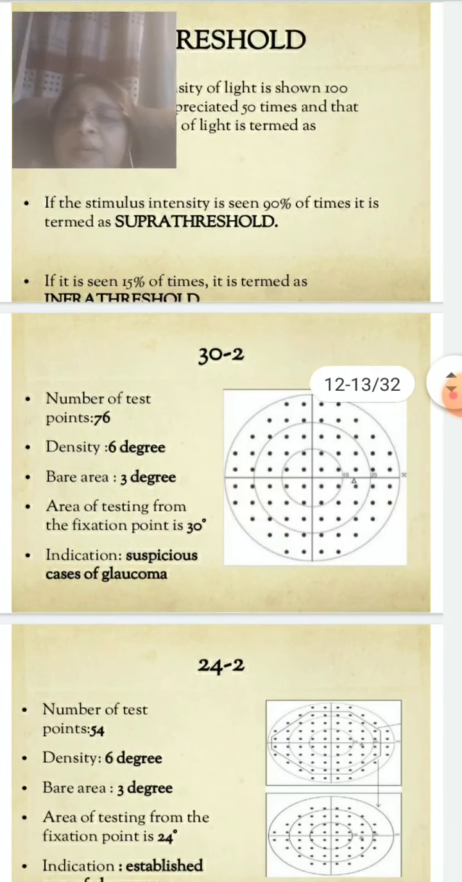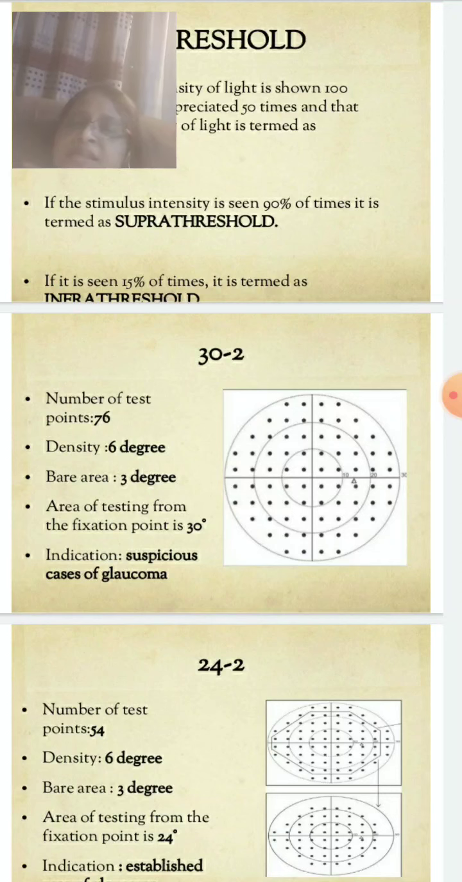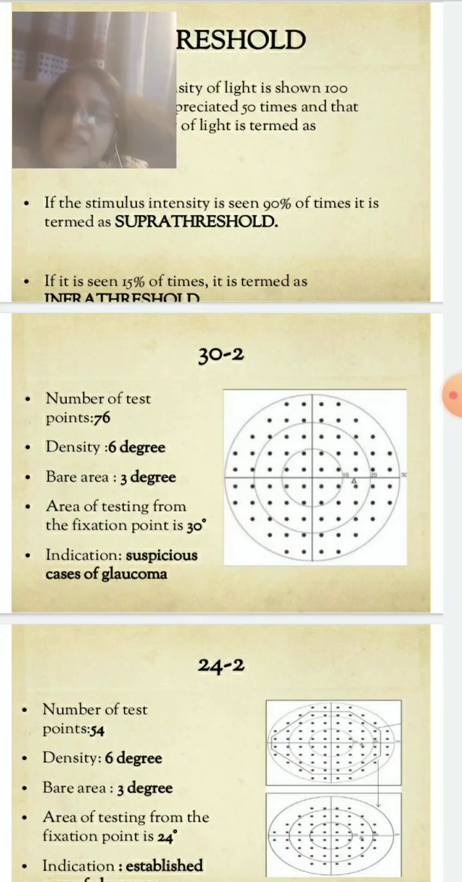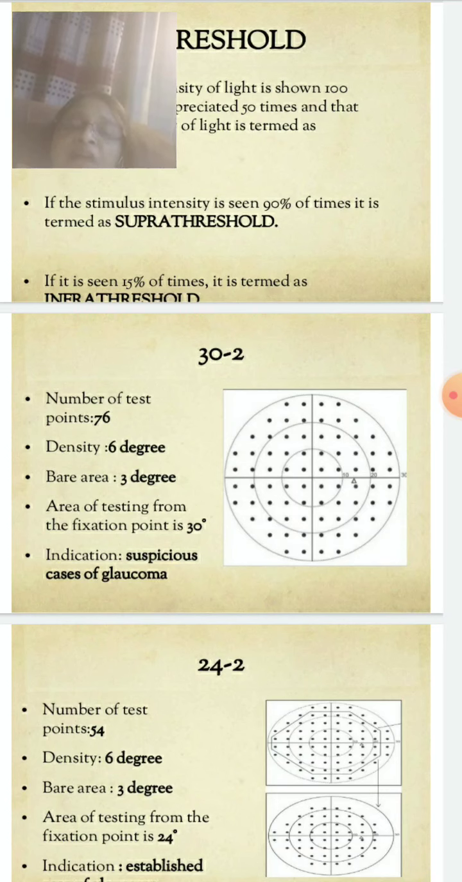So, what are the programs we have? 30-2. This is commonly the first field test we do. It examines 76 points of the central 30-degree field, from the central point to the periphery. It is 30 and 30. The density is 6 degrees in between the 2 points. The bare area around the fixation area is 3 degrees, and it is mainly used in suspicious cases of